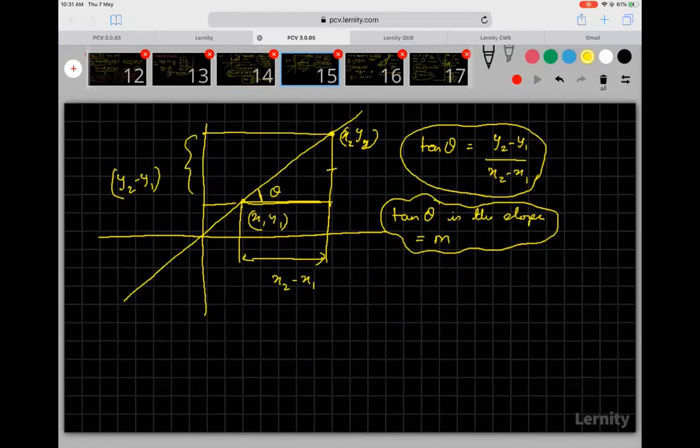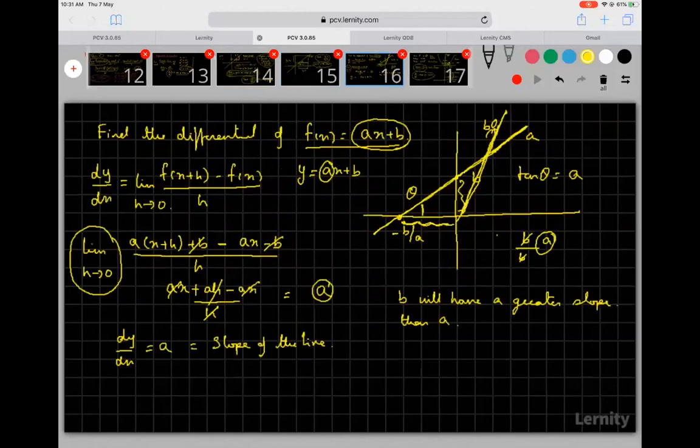So you are asking me, how do I know B will have a greater slope? If you sit on B, will you slide down faster? If you sit on A, will you slide fast? Obviously, if you sit on B, you will slide down fast, right? So that's how I know that B has a greater slope. Slope means what? Which road is more slopey? You sit on your cycle and allow the slope to take you down, and whichever one you reach down faster will have a greater slope, right?